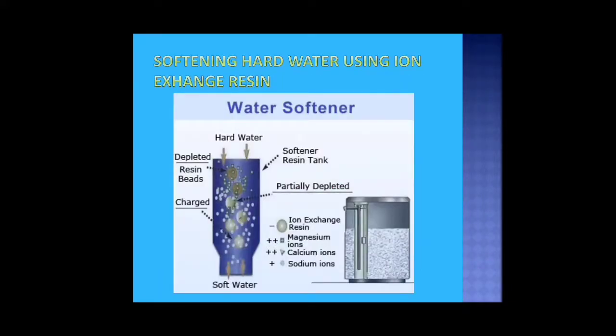The other method for softening of hard water is using ion exchange resin. What's an ion exchange resin? So there is a column where the exchange of ions takes place. We know that some metals are more reactive than the others, like sodium and potassium are more reactive. So if you have sodium ions, they are going to replace the magnesium or calcium ions, and thus we see that the water can be softened by removing the ions with the ion exchange.